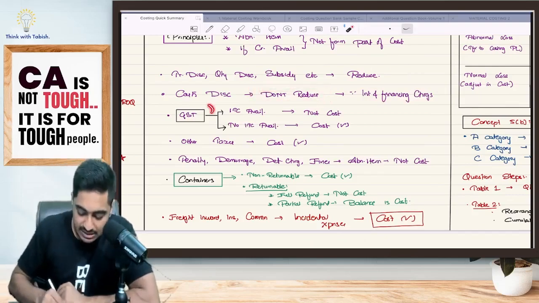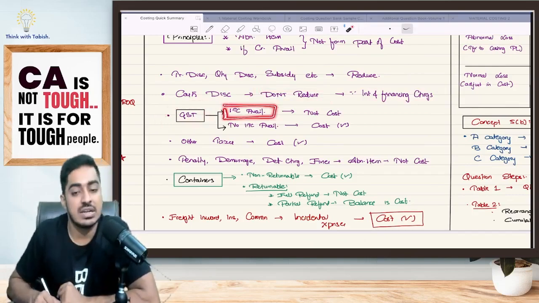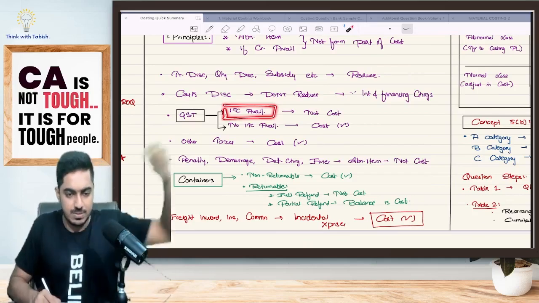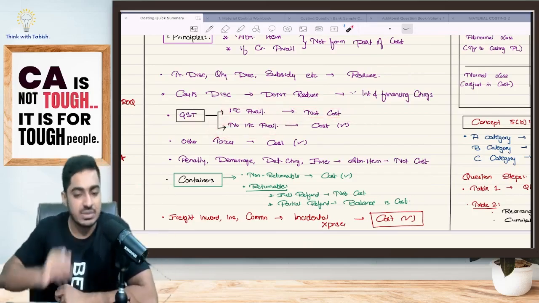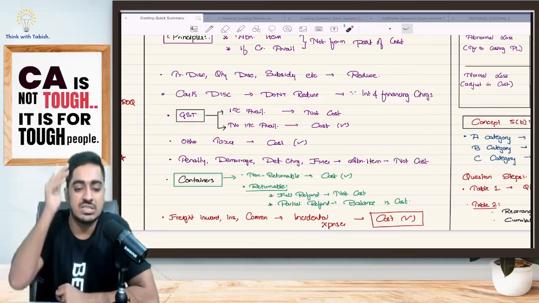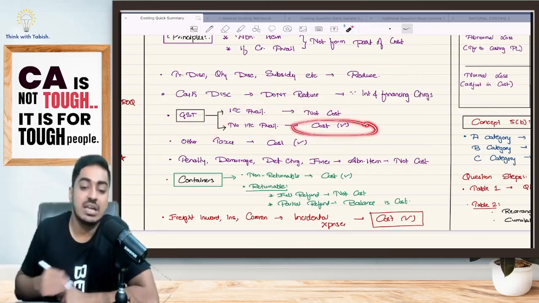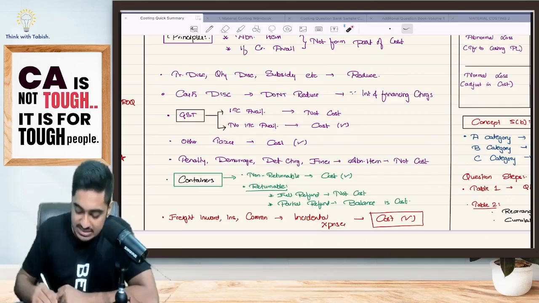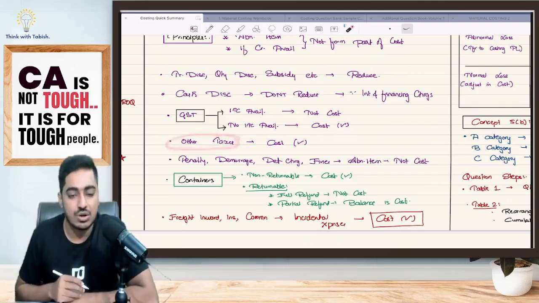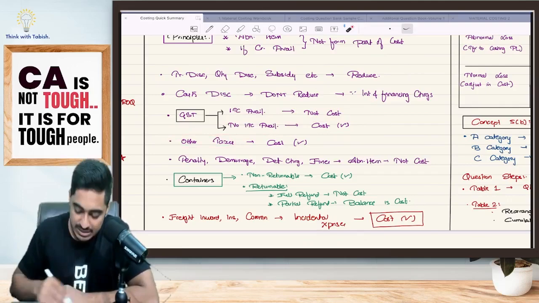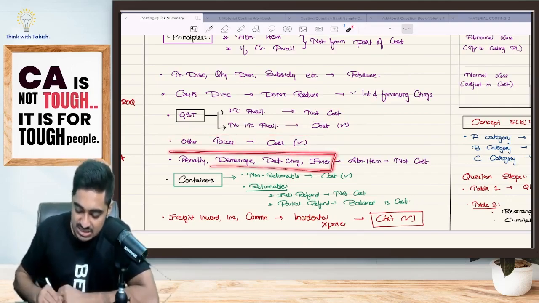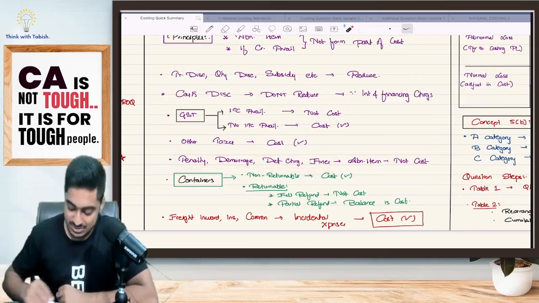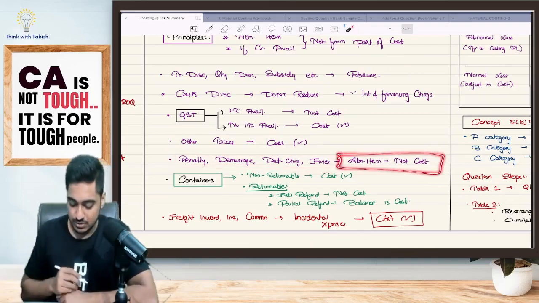Okay, fine. Taxes, in that GST I am paying. If I am getting input tax credit, is it cost? No. Whatever I am paying, I am getting it back as credit. It is not cost. But if I am not getting credit, because Section 17(5) is not allowing or I have not taken registration, then in that case it is cost. Any other taxes I am paying, customs, octroi, entry tax, entertainment tax, all those are cost. Penalty, demurrage, detention charges, fines, all these are abnormal items, so they will not form part of cost.